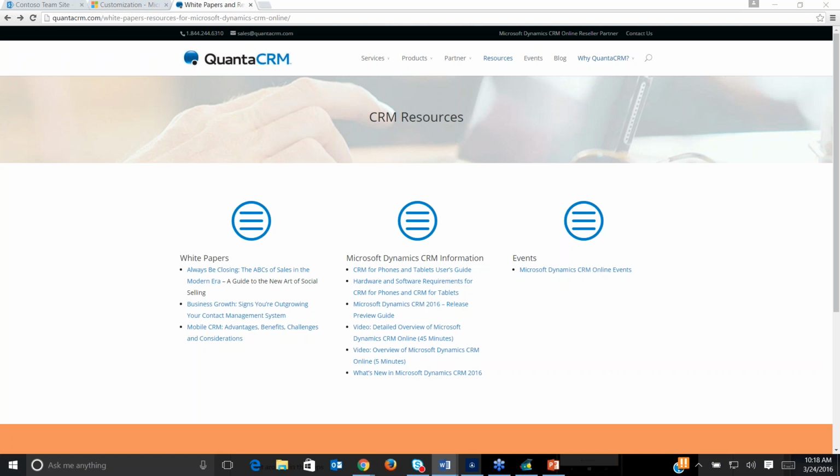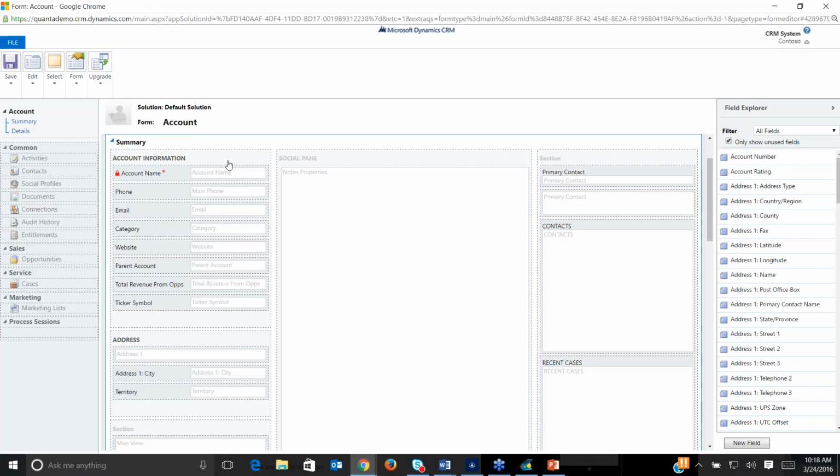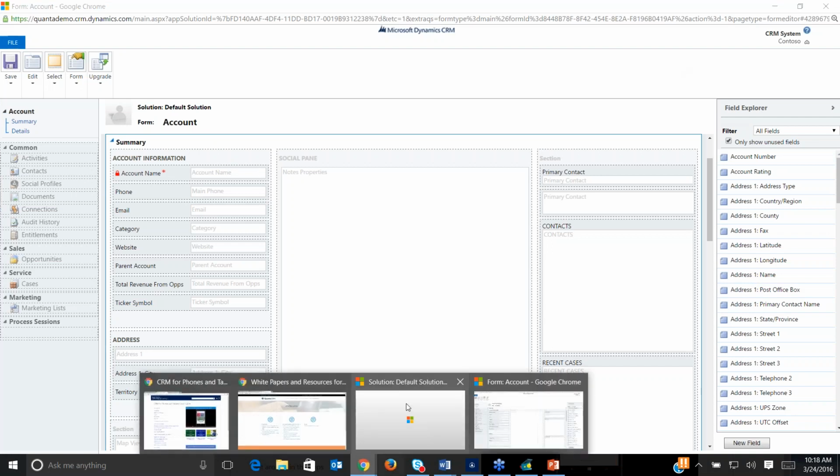Okay, so in the past, with the CRM app for phones and tablets, you had to use a special mobile form. If you created an account form for your customers and your accounts, I'm going to give you a visual of what that would look like. Say I'm on an account form here in Dynamics CRM. I could modify this form. I could drag fields on here. I can add new fields. And say I customize this form for the regular online experience, well, then I would also have to go and customize another form